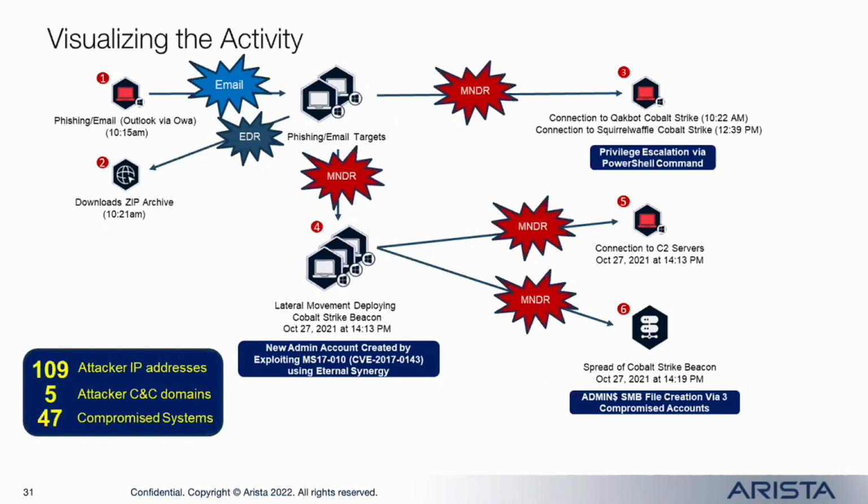So by watching all of these things happen on the network, we identified 109 different attacker IP addresses, which your EDR platform's not going to do. We identified 5 command and control domains fluctuating through all of this. But providing this all back to the customer relatively quickly, we were able to help them contain this within 24